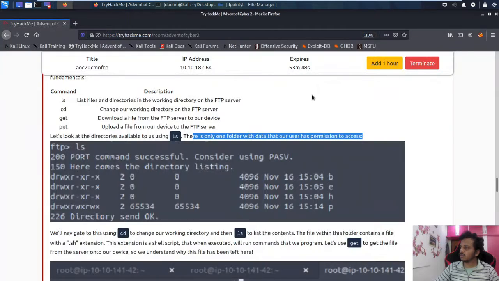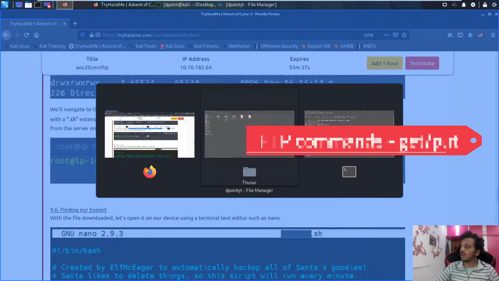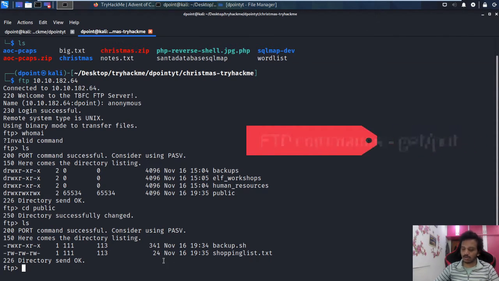Okay, so yes, we can see now what this sh file does is it will run the commands that get the file. We'll try to get it. Now how to get it from the local? If you can see, backup.sh was created on November 16 sometime, and in our current directory we don't have that. So let's do get